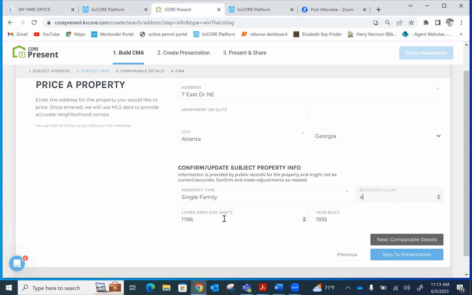Or maybe we know that they also had a survey done when they had that extra bedroom added, so we might have a different square footage to include here in the living area size, and you could edit that accordingly. Okay, the 4-bedroom count, but the details that the public record pulled in for this particular property were correct. So we can do